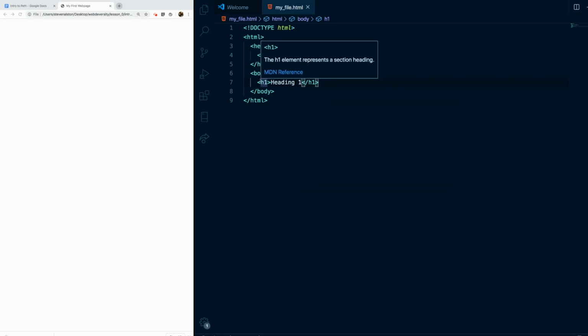So heading 1 is the largest and most important. So we look here, we see heading 1. That's when I saved and refreshed the other page. So heading 1 is the most important. And usually there's only one H1 per page. So only one heading 1, which usually is, I guess, the title of that page. And then we have